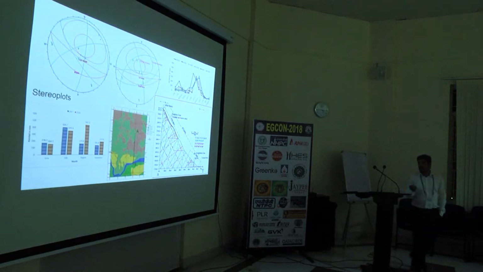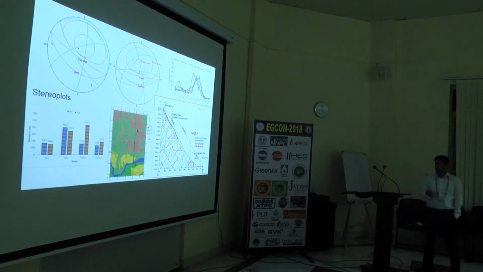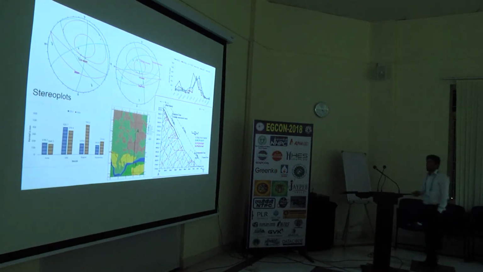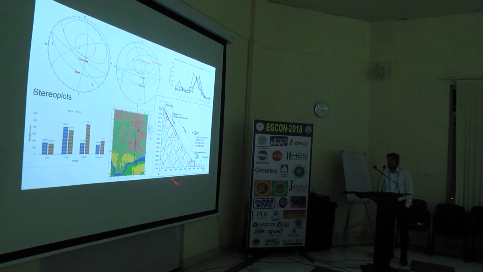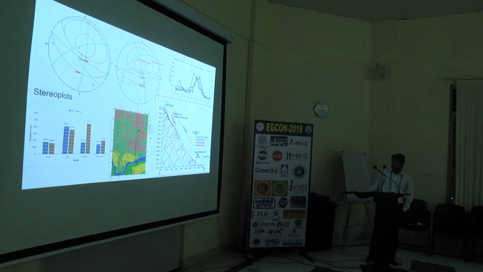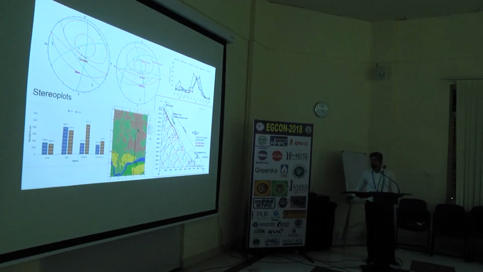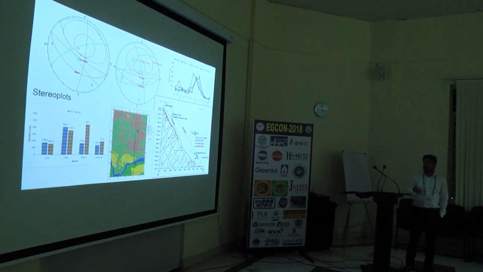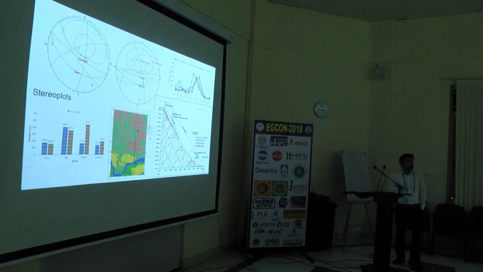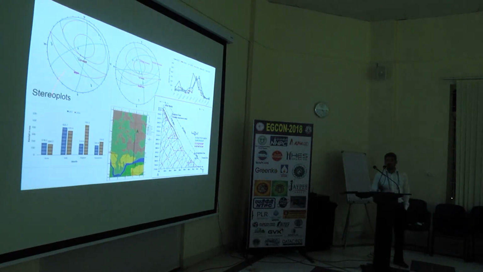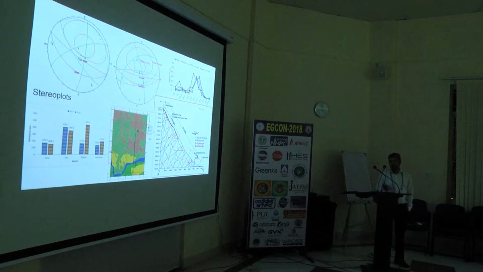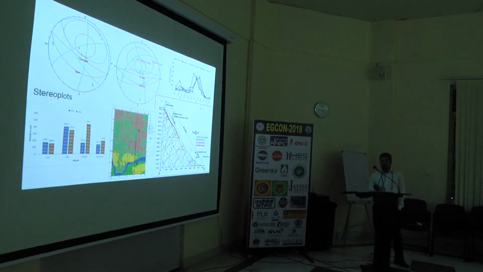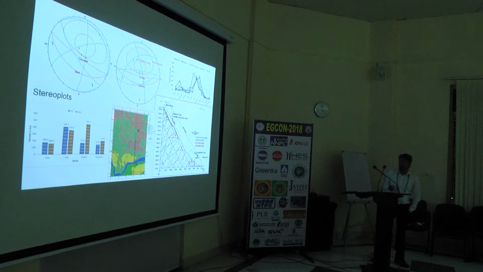And I have prepared one section, a geological section, based on this map from A to B, and I have seen that there is a steep slope. On average, the steep slope is about 50 degrees. I have plotted the joints in relation to the slope, and I have seen that there is a possibility of planar failure, as well as formation of wedges, as well as topplings, but not everywhere.